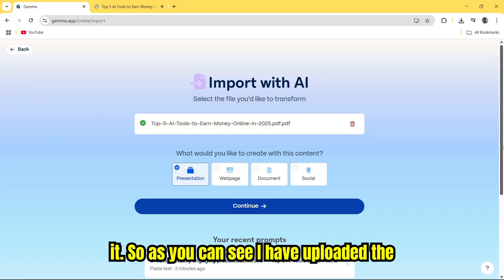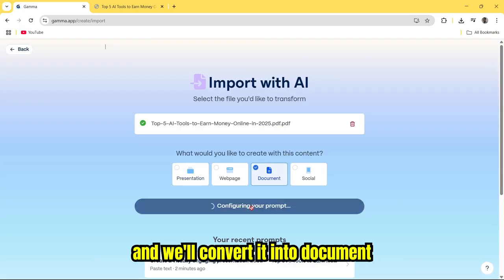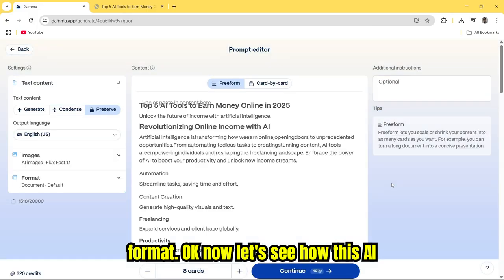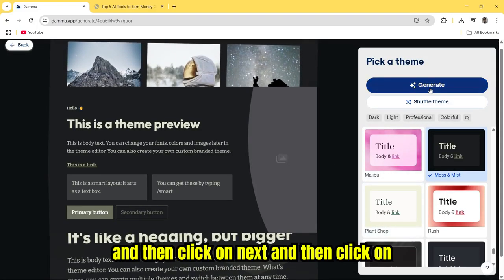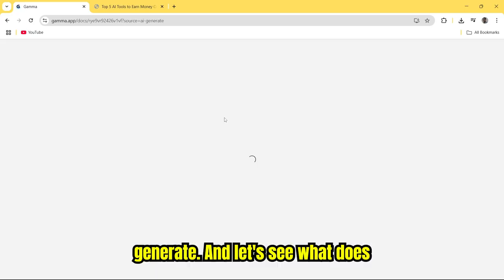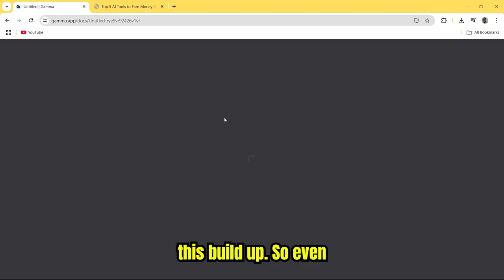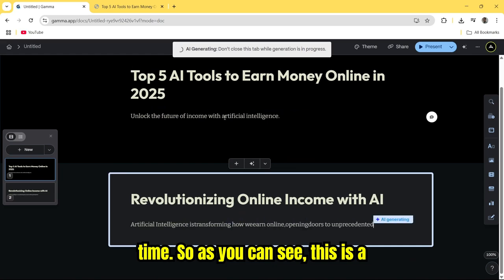As you can see, I have uploaded the same PDF which we have created currently, and we'll convert it into document format. Okay, now let's see how this AI works. Same thing, just select, then click on next and then click on generate, and let's see what it builds. This will also take a small amount of time,